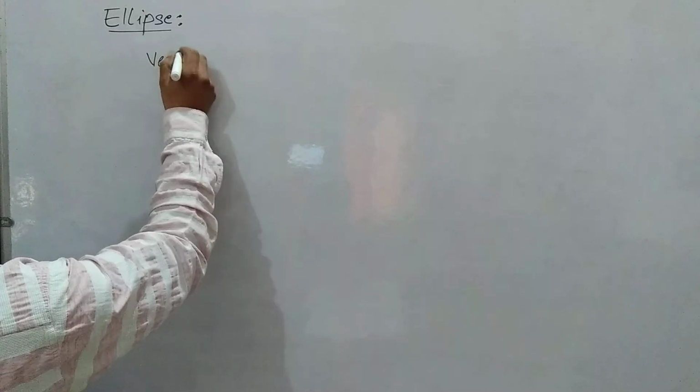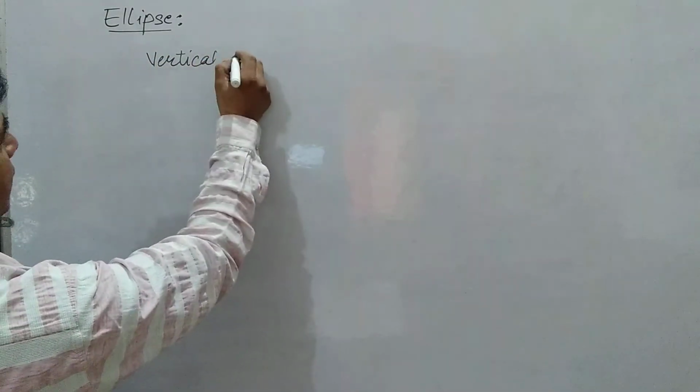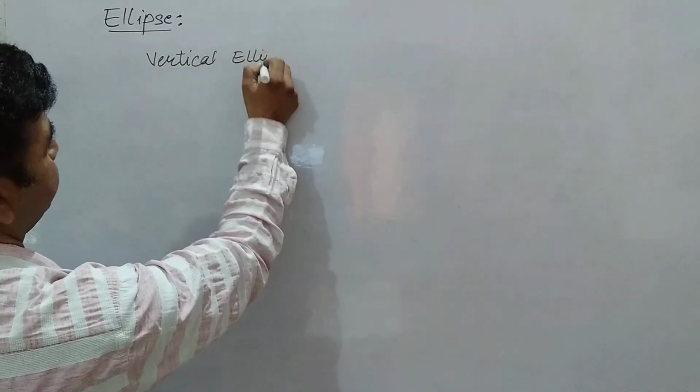Children, the center is confirmed, and the major axis is clear: it lies on the y axis. And if the major axis is on the y axis, no doubt this is an ellipse of the vertical type, because the major axis lies on the y axis. It means the ellipse will be along the y axis, and if this is along the y-axis, this is the type of vertical ellipse. So we are going to find the equation of a vertical ellipse.